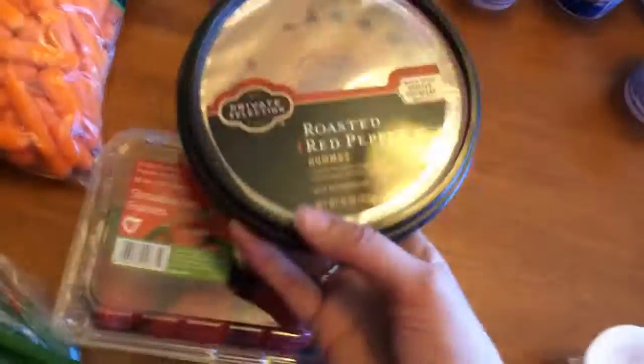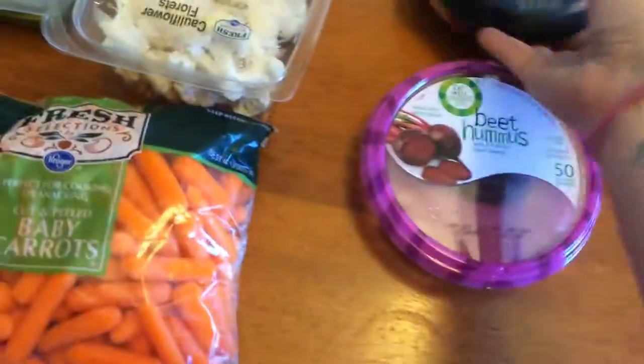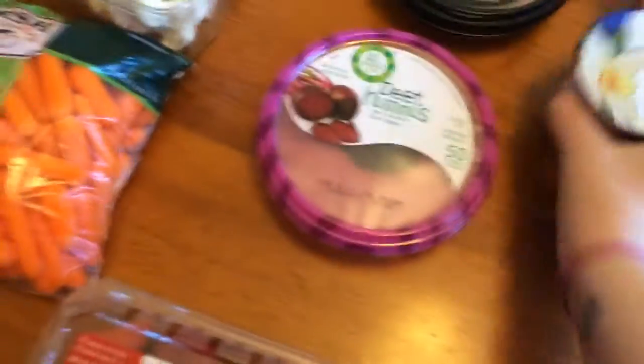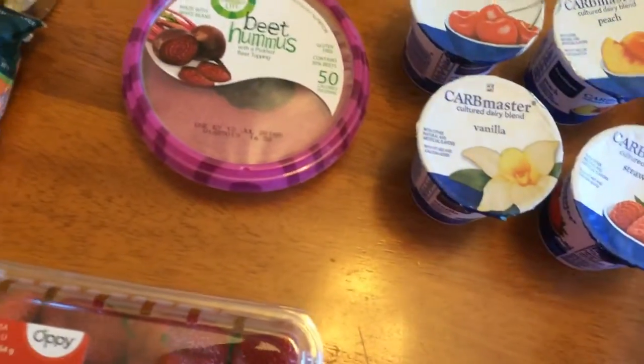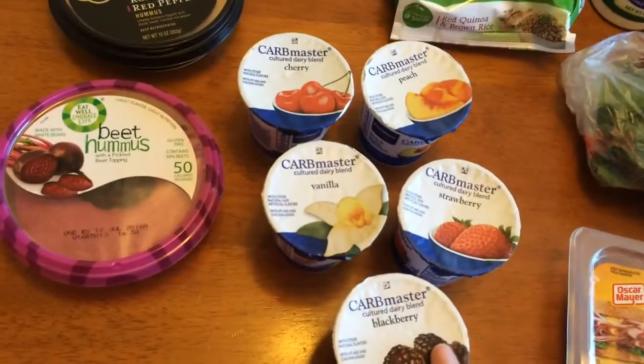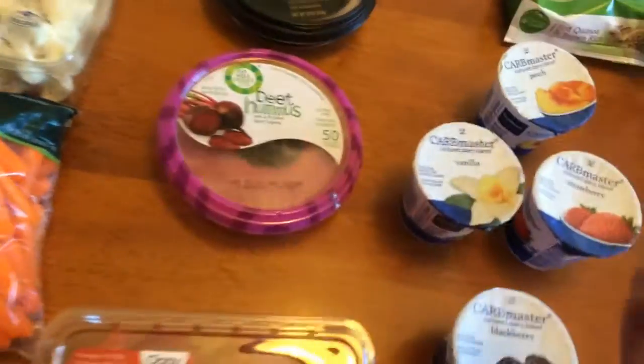This is my tried and true. This is roasted red pepper. This is 2 points for 2 tablespoons. I got some of these yogurts. These are the Carb Master yogurts. These are 2 points. What I like about these, and I ate these a lot when I was on the Atkins diet,